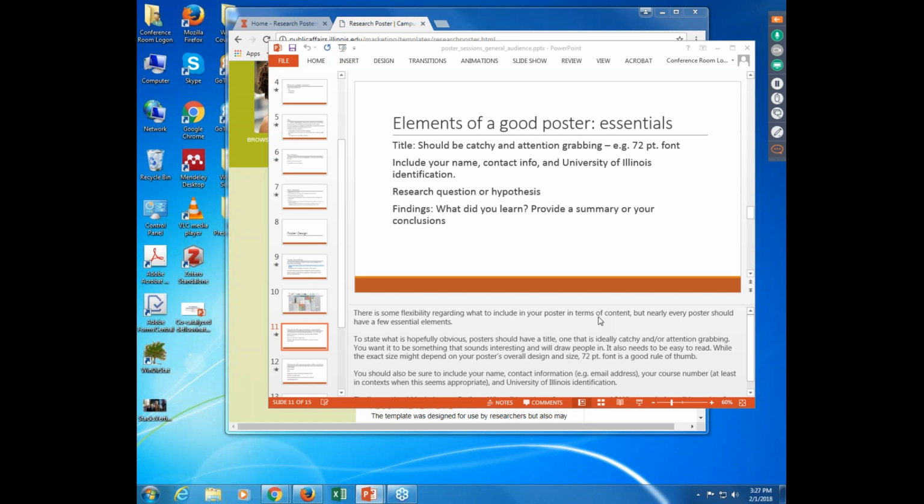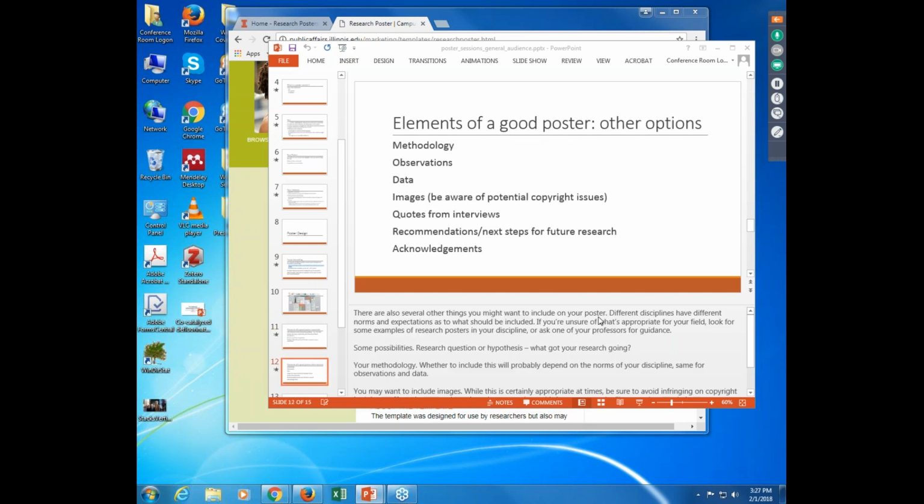What's the background that you're building off of? Or providing some context. So if there's this issue going on, this issue leads to this question, and this question is what I'm addressing. You could call it an introduction, you could call it background, you could even call it an abstract, whatever seems most appropriate to you. Okay, so these are the essentials.